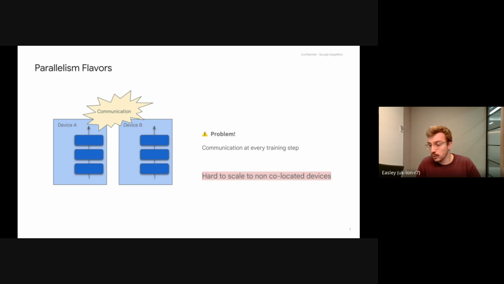Communication is fine usually, and that's what we do when we have multiple GPUs located in the same computer. The communication is very fast, and the time spent in communication is much lower than the time spent to do forward and backward. So that's okay. But what if you want to scale to non-collocated devices? For example, device A could be in the US, device B could be in the UK. Here, the synchronization could take maybe 1 second, while forward and backward would only take maybe a quarter of a second. Meaning that now we are wasting a lot of time during training on synchronization, which means that we cannot do data parallelism with non-collocated devices.